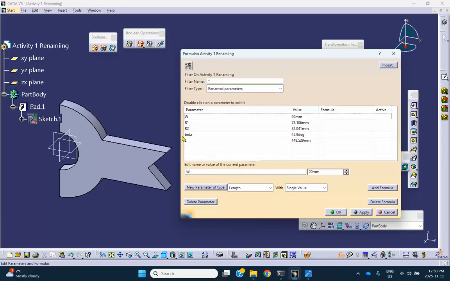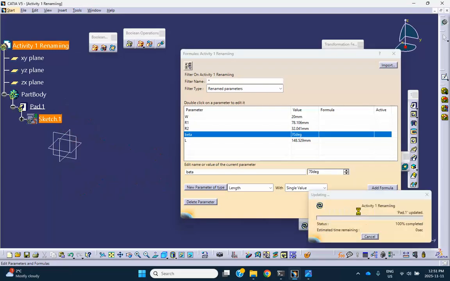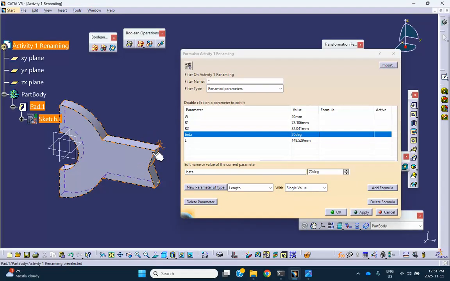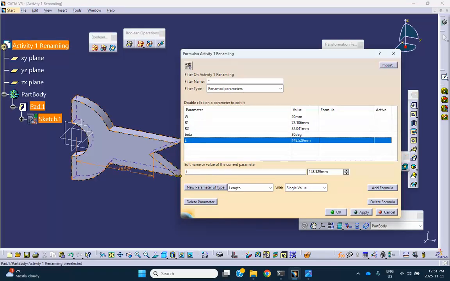For example, if I make this angle beta, let's say, maybe 70 degrees, apply. Notice that the whole thing is resized and this thing is now 70 degrees. If I change this thing, for example, to 30 degrees, the whole thing resized and this is 30 degrees. If I go to L, that's this distance. If I make it 200,